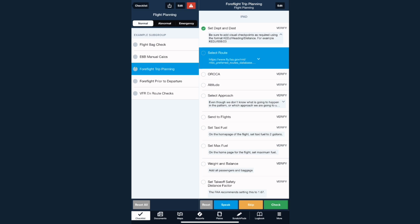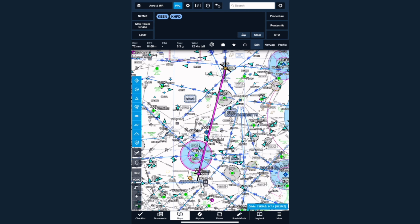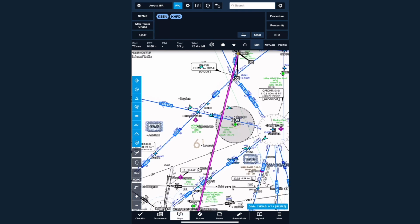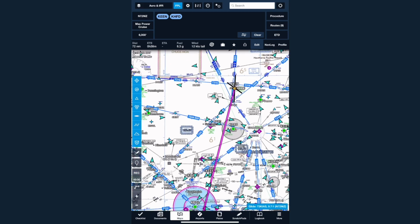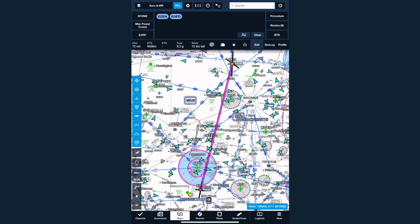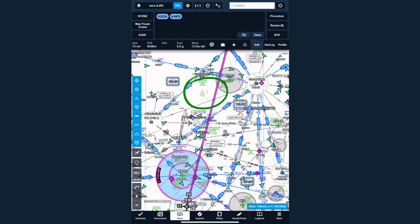So now let's go back to our checklist, and so we can say, well, we've selected our route, but we want to look at the AROCA and make sure that they're, now in this case we're going to have a high degree of confidence because ATC has cleared this 23 times, but let's go back to the AROCA, and you can see here that in this quadrant, and again I wish I could highlight this for you, I'm just pointing with my Apple Pen, but the quadrant where we are doing the entire flight, the AROCA is 6,100 feet. So normally I would think to myself, well gosh, then I'm going to need to fly